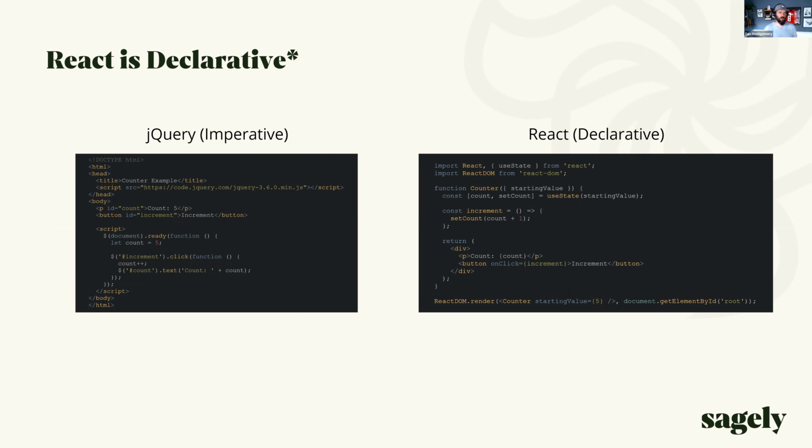And it's by nature very imperative. So this is an example where I have a button and I click the button, and then on the page, it just tells me how many times I've clicked the button. So when we're doing that example with jQuery,